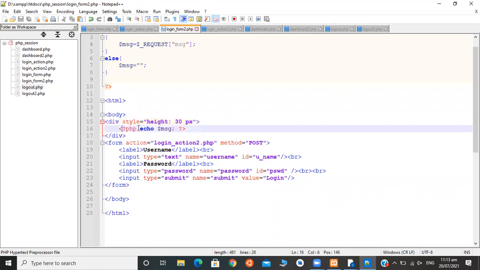Whenever we want to use PHP inside HTML or any other script, we can use it with the opening PHP bracket and closing PHP bracket. Here I have echoed this $message, which means I have printed the message in this div. We can do this.